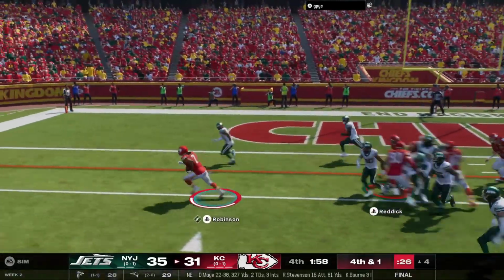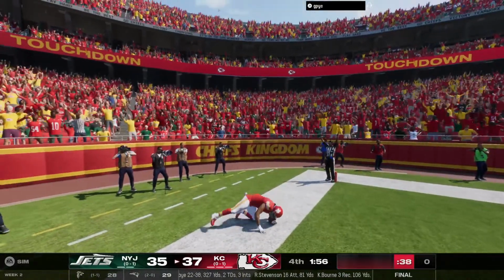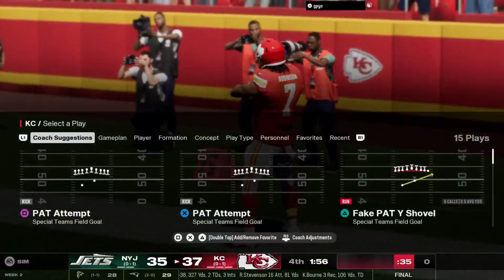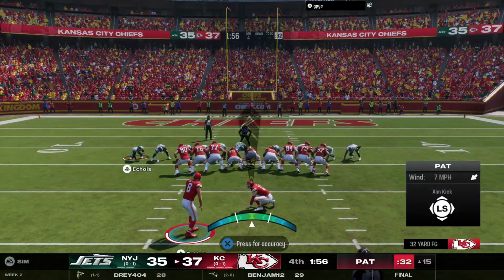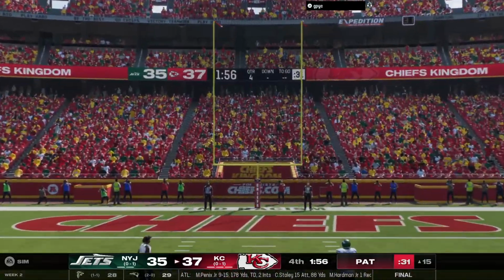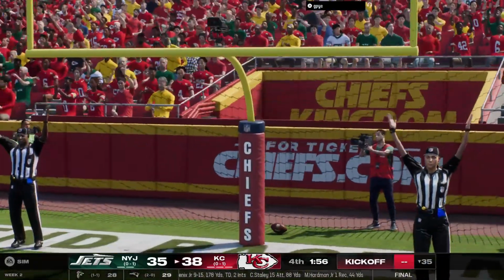They'll run it with Robinson. Dives for the pylon, and that's a touchdown. The Chiefs have taken the lead late. It's a Bijan Robinson touchdown. Extra point upcoming, this to put it to a field goal game. And he shakes out the pressure to nail the point after, and now an opposing field goal would only